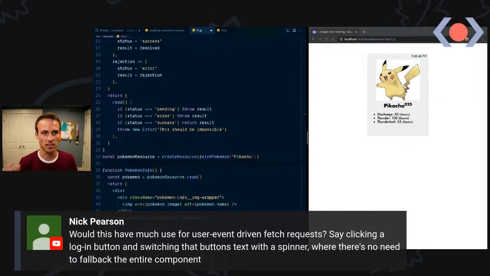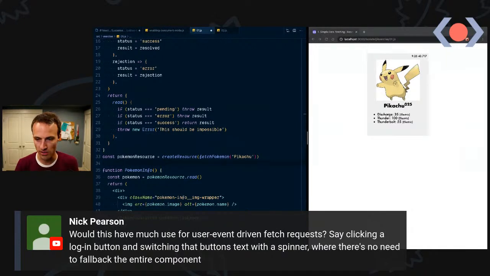And that's the nice thing about Suspense, is that it's not an all-in thing. And you can say, hey, for this thing, I'm going to handle this little loading spinner, but for everything else, I'll do Suspense. However, you actually can do this, and this is something we won't have time to get in today. But